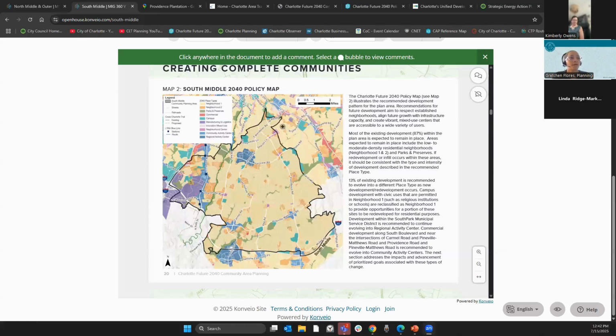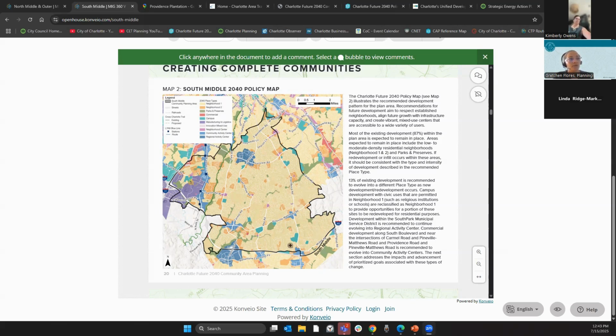Okay, so this is the map for your area. This black boundary is the entire South district. As you can see, this map basically tells us how and where things should develop. What that means is that the yellow is in areas that accommodate the neighborhood one uses, so think of your single family detached.